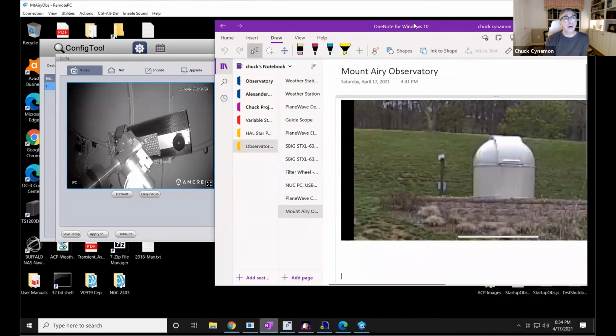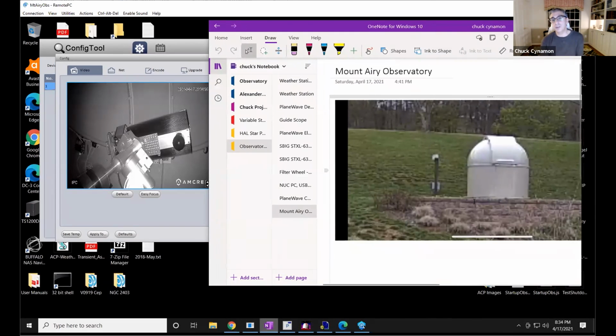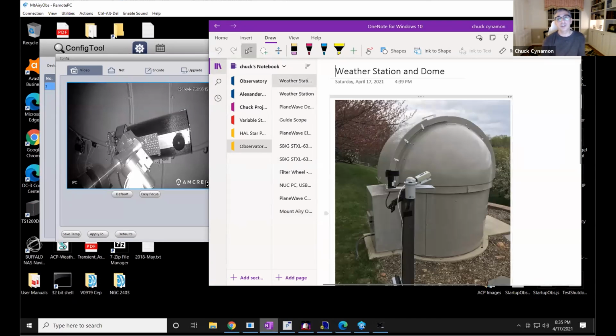What I'll start off with here is this is an exterior image. This is actually looking from a video camera on the eave of my roof out on the backyard to the observatory. And what you can see is the dome, plus adjacent to it, that pole there is a weather station. I'll start with the weather station. So what you have there is an all sky camera. That's kind of the closer thing to you.